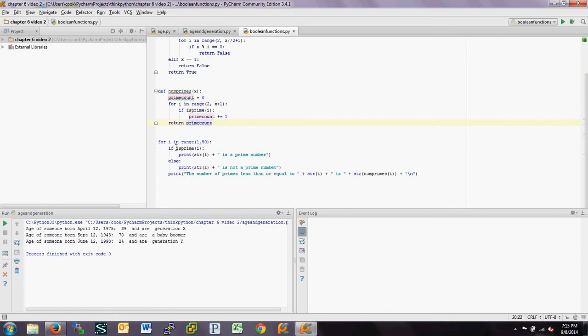And then this down here is just testing their code. So this gives us a way to test is prime and num primes working. I'm going to test it for a range from 1 to 50. We pass in is prime, print out the number i, and if it is a prime, we say it's a prime number. Otherwise, we say it's not a prime number. And then we print out the number of primes less than or equal to i, and we print out num primes. Okay, so let's run that